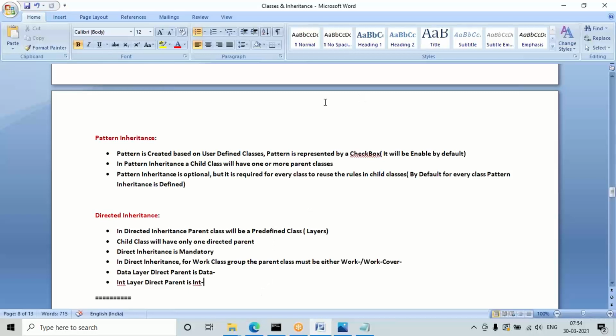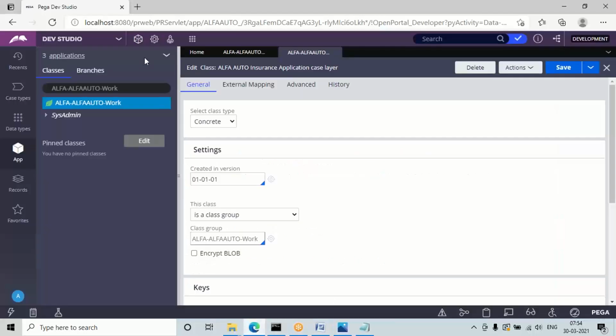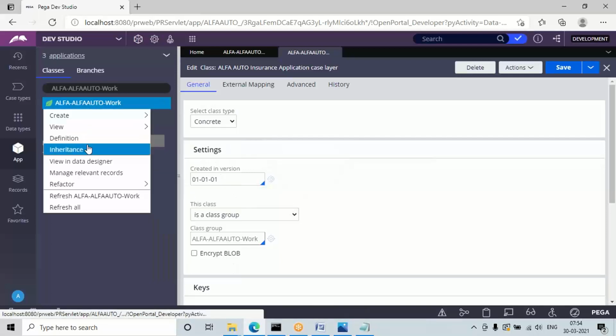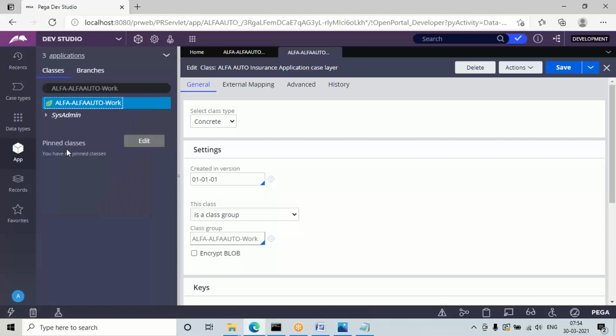Okay, if you want to check the inheritance tree for any class, right click on the class, and there will be an inheritance tree for every class. If you click on this inheritance, you can find that it is read only.